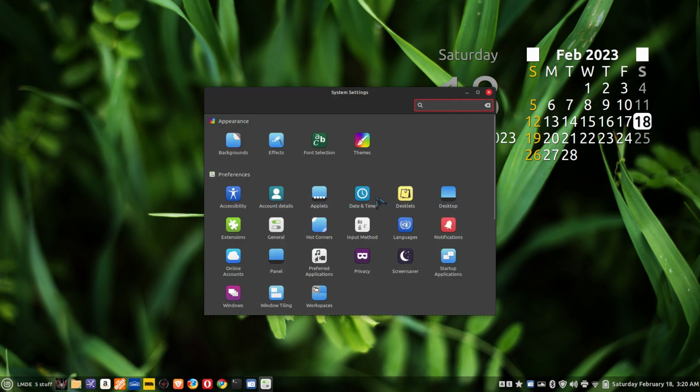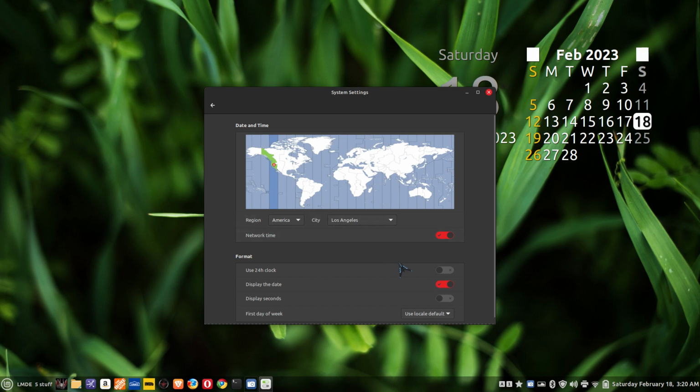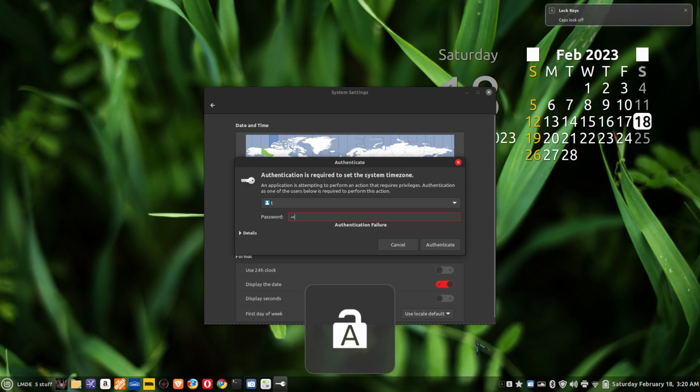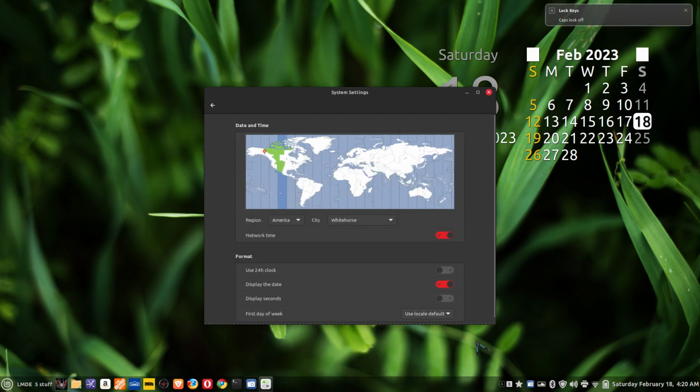So those are applets. Date and time is self-explanatory. Now, normally this comes installed with a 24-hour clock turned on. My time is not accurate, but anyways, I'm using the Los Angeles time zone. So this is actually clickable, and I normally have to put in my password to do this. Oh, put the wrong password. Oh, you know what? My caps lock key is on. Oh, turn that off. That would help. All right, so